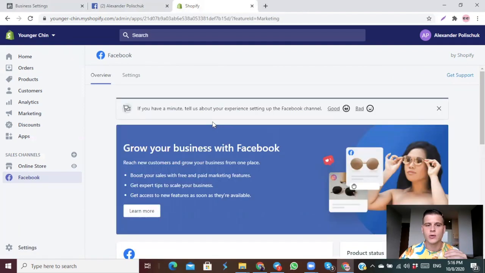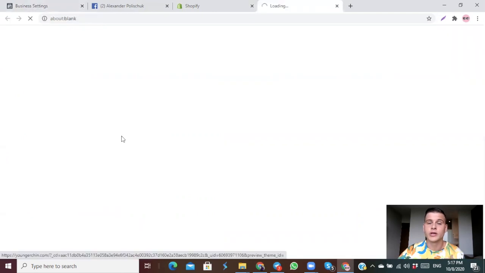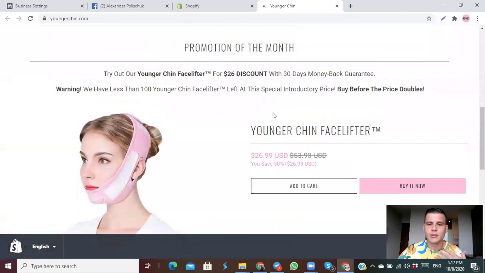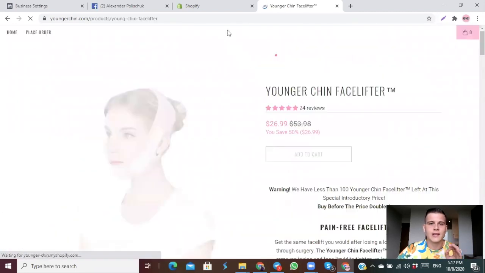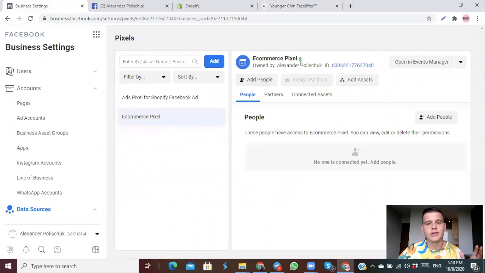All right, so we're good to go. The pixel is connected to the store, and now we can go ahead and create our actual ad. Going back to the business manager, your pixel is still with a red dot, which means that it has no activity, no events tracking. So we want to make sure that the pixel is working. What you need to do is just go ahead and visit your website, scroll a little bit, maybe add to cart or something like that, and then you go back to the business manager, you refresh the page, and boom, it turns green,